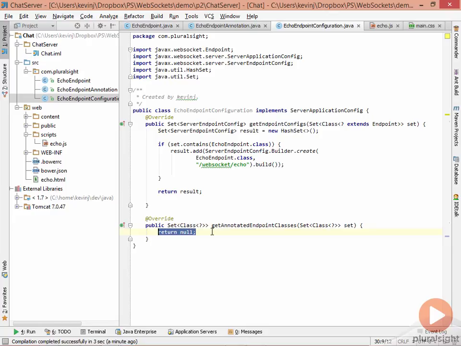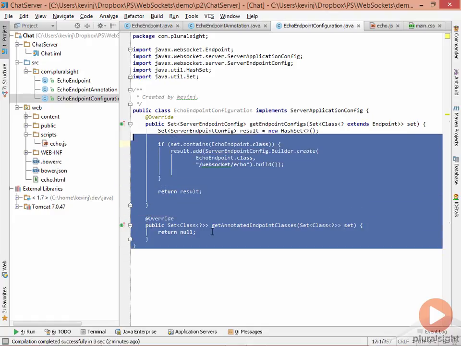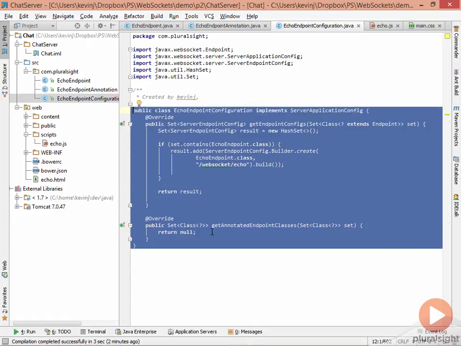If we have a configuration class, then the Java server will look at this class to get a list of all our annotated endpoints. If we return null from here or an empty set, then the configurator will assume that we have no annotated endpoints. So we need to do one of two things. We either need to add into this the set of annotated endpoints we'd like to return, or we simply get rid of this entire class. In this case, let's just get rid of the class. So if I just comment this out,